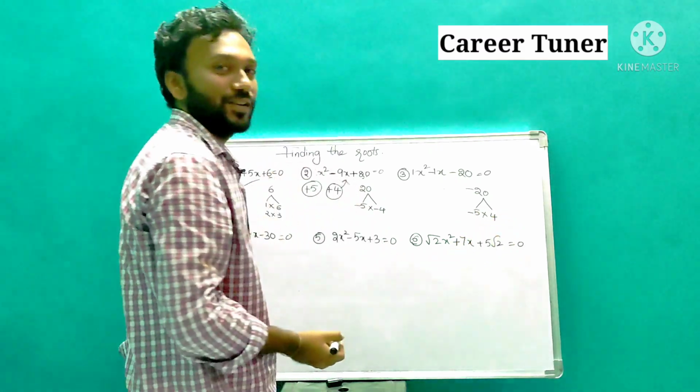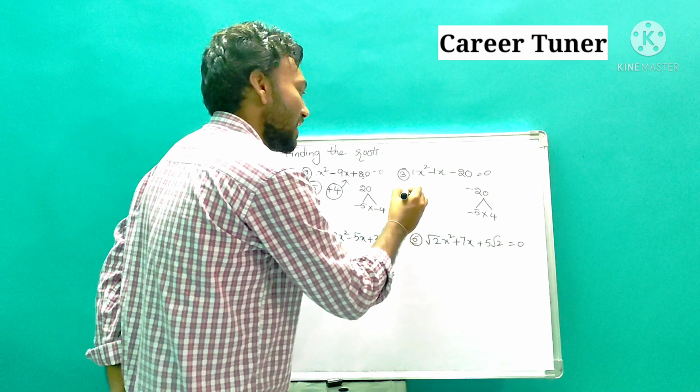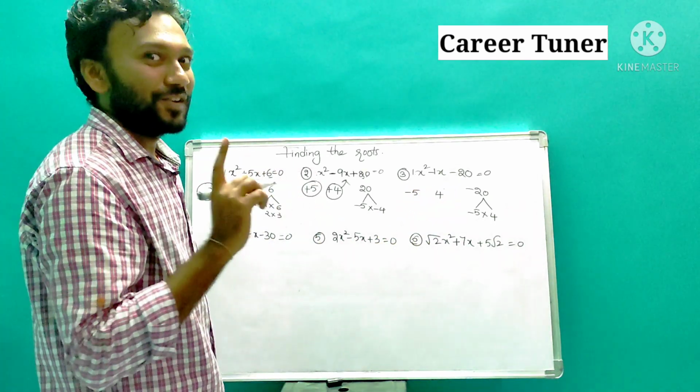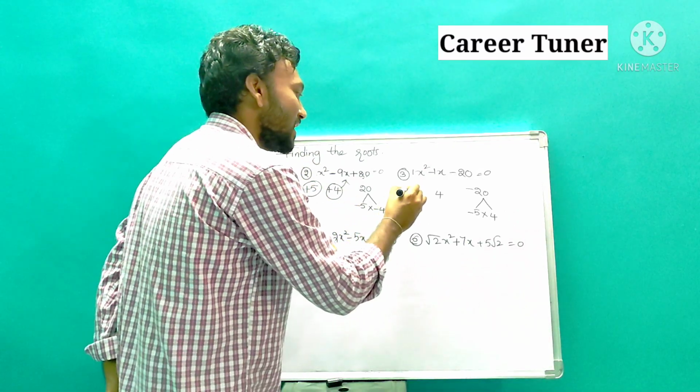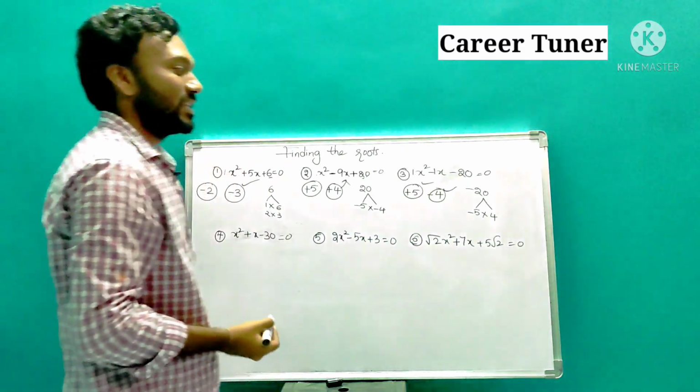If you add these both, what are you going to get? You are going to get minus 1, and it is going to satisfy the condition. So write minus 5 and 4. What is the next step? Yes, exactly. Change the signs. So these are your answers. These are the roots. That's it.